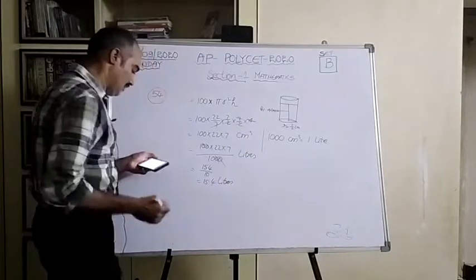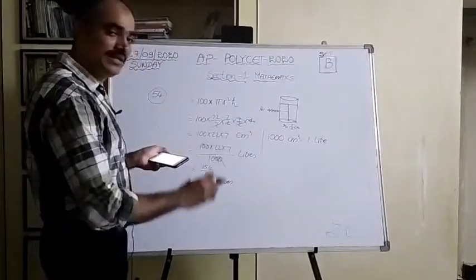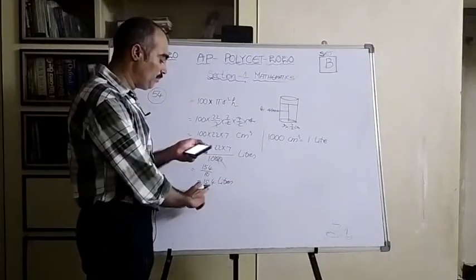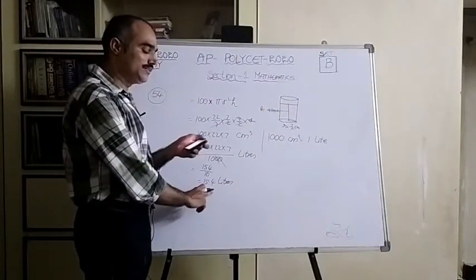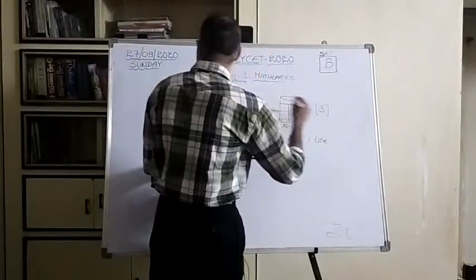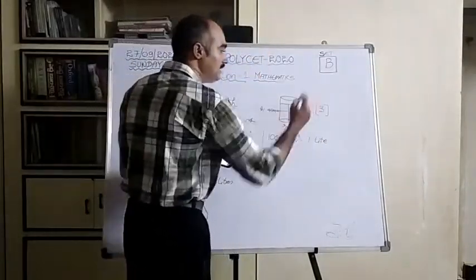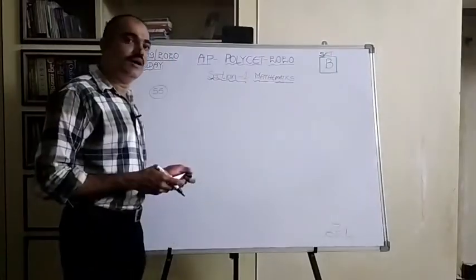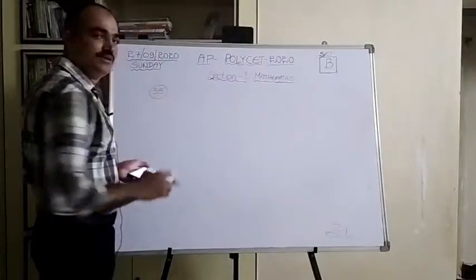Let us check the options here. The first option is 15, that is not this one. 15.2 is the wrong option. The third one is 15.4, that is the right option. So for question 54, option 3 is the correct one. Now let us see question number 55.